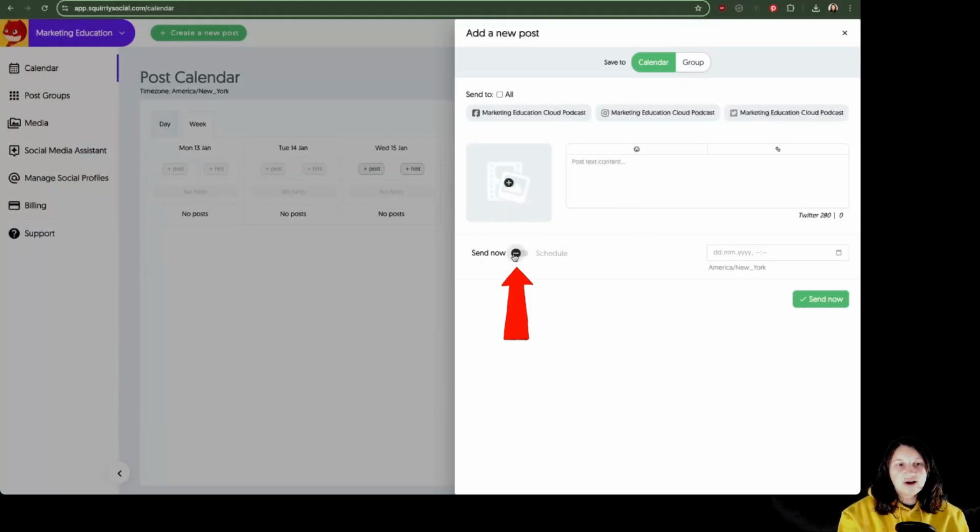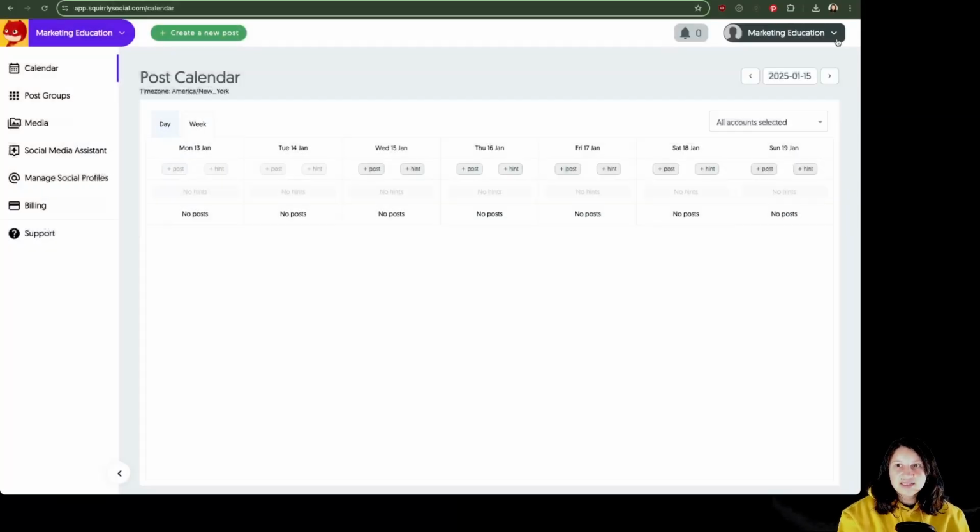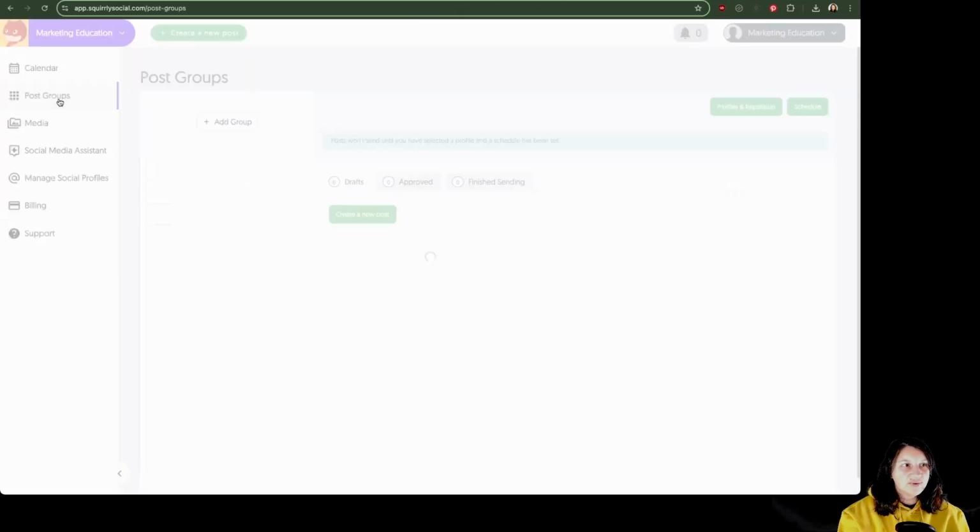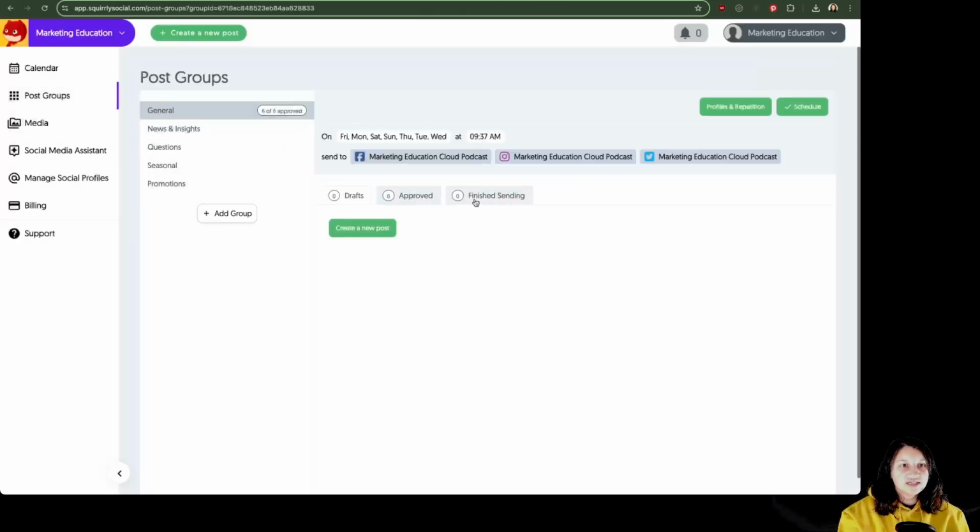You can send it now, or you can schedule it like so. And of course you can choose the profiles you want to send the post to. But I think the post has been sent, so let's check it. Let's go back to post group, where the categories actually don't have a finished posting, which is a bit weird,